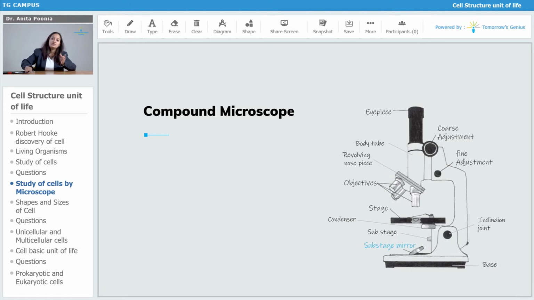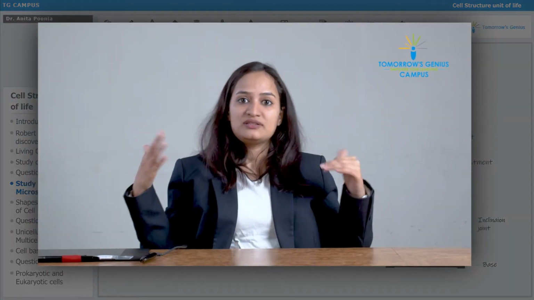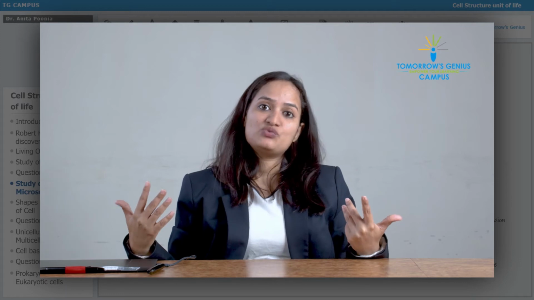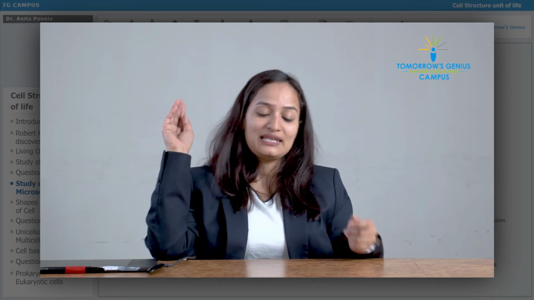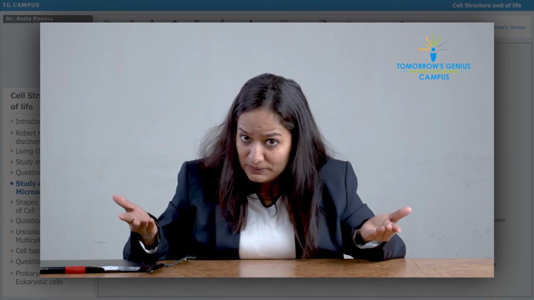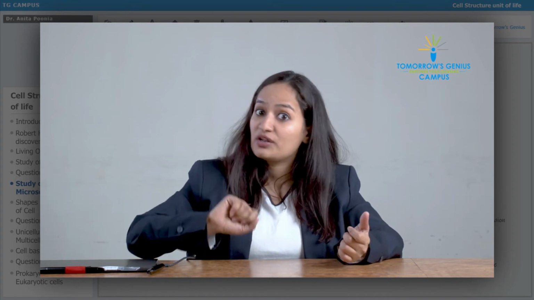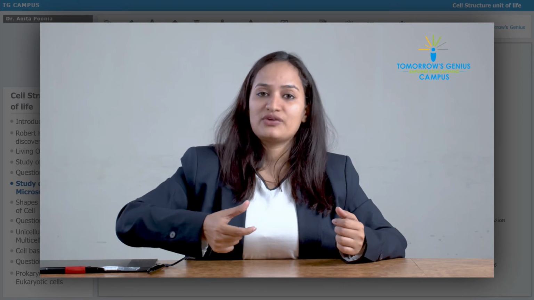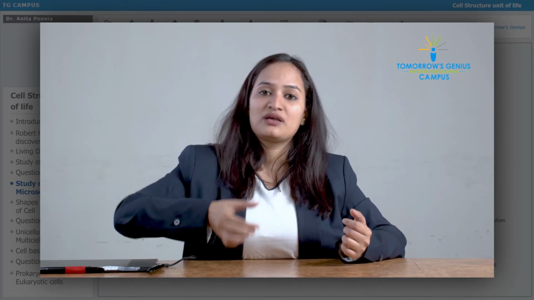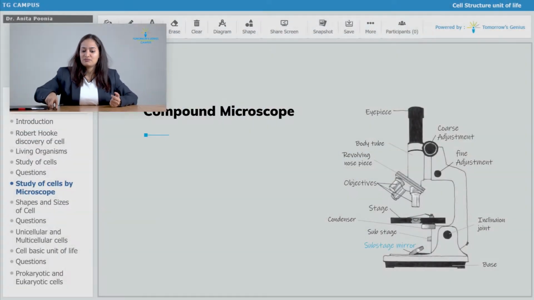Just when you have kept your object on the slide, there might be a case wherein you won't be able to see anything. When you peep, you will see dark. So what are you going to do? You are going to very carefully hold the mirror. The mirror is here, right?